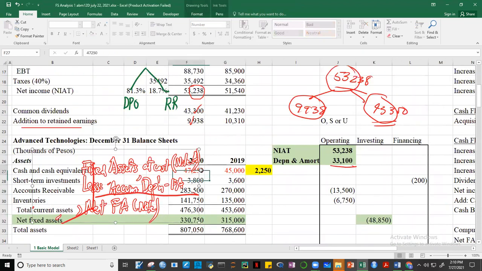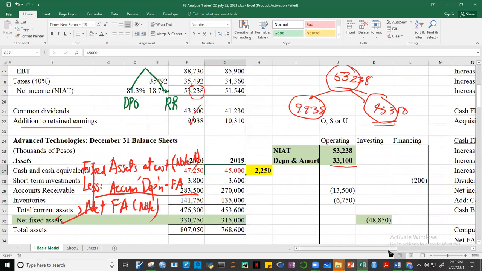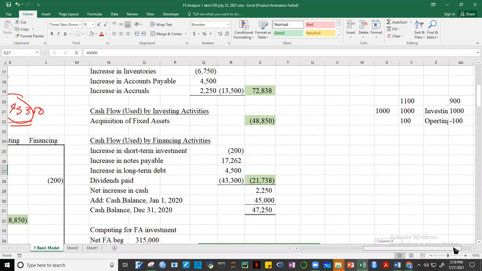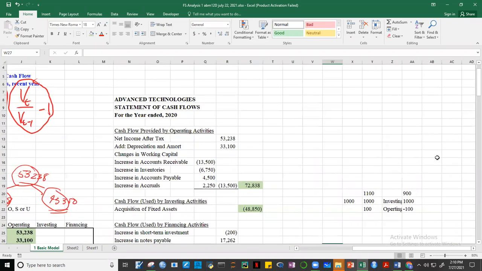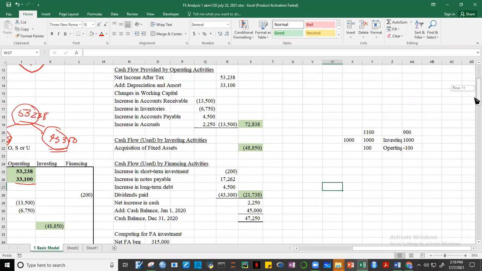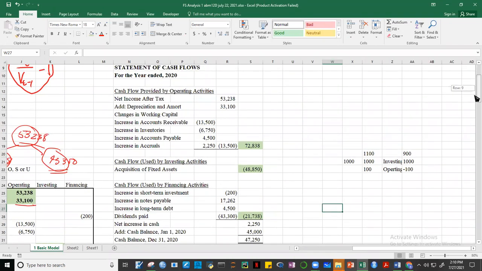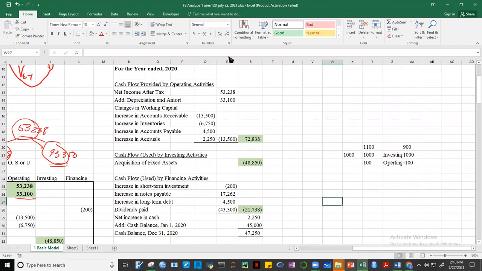47,250, okay, beginning 45,000. Okay, let me pause for a while, guys. Okay, and I'll give you some time to do your, sige, gawin niyo muna guys kasi I'm sure hindi kayo nakakagawa habang ano. Okay, I'll give you 3 minutes guys to work on that. For those of you who have not done it, now it's time for you to do it. And then when you're done,